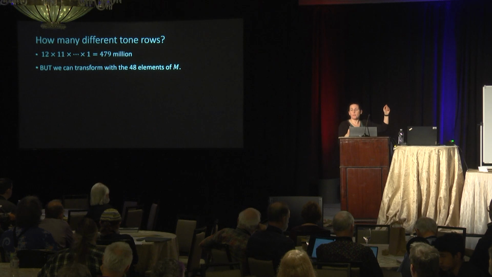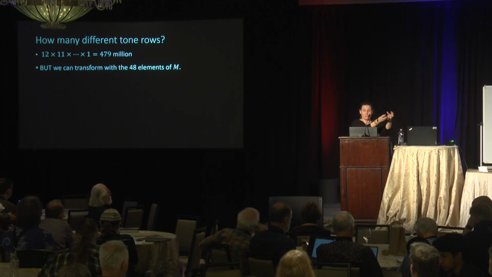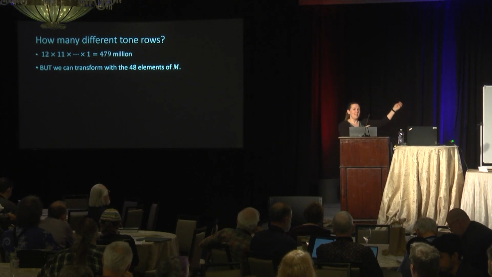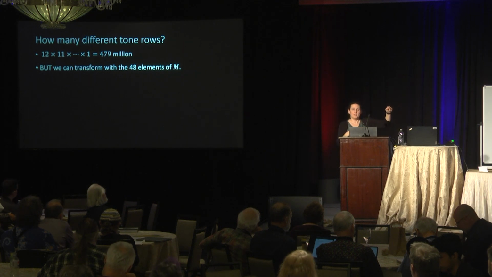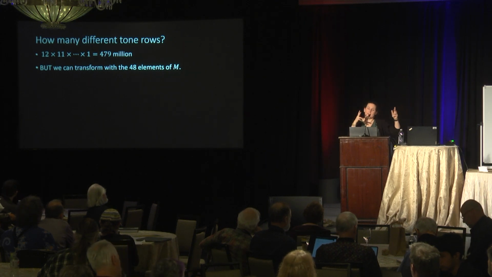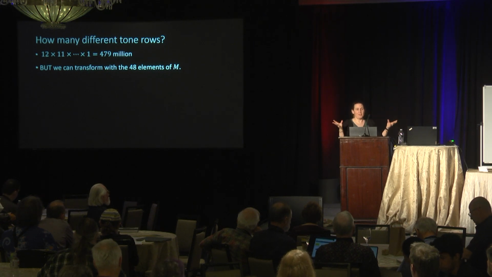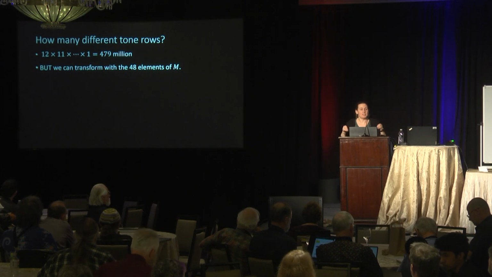I want to know how many different color palettes I have for my composition. And what I mean by that is, we're allowed to transform this tone row that we start off with by any of the 48 musical symmetries. So potentially we're going to get all of these images that we could have used as our starting point. And so, you could say, well, all right, divide 479 million by 48. That's how many different, we might call them tone row classes or something like that. That's what we're really interested in.